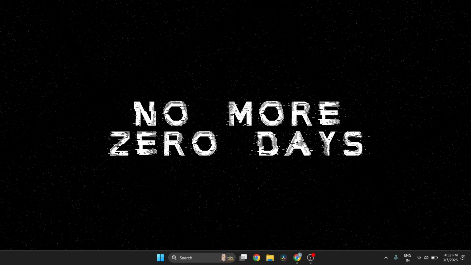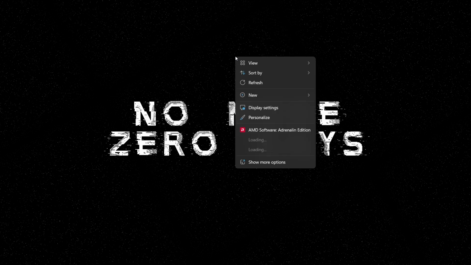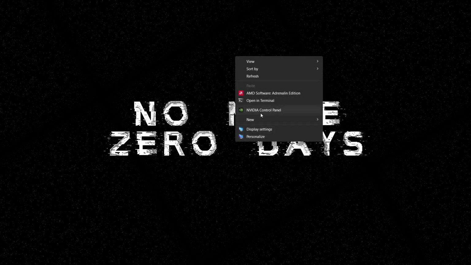In this quick tutorial, I'm going to show you how you can fix the deep fried graphics on the games, on whatever game that you play on your system. Now there's a universal global setting in the NVIDIA control panel that you can access. In order to do it, right click on the home screen, click on show more options, then click on NVIDIA control panel. Inside here, you need to adjust some settings that will apply to all the games that you